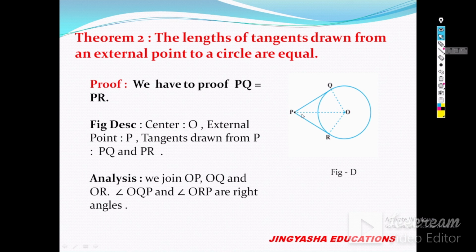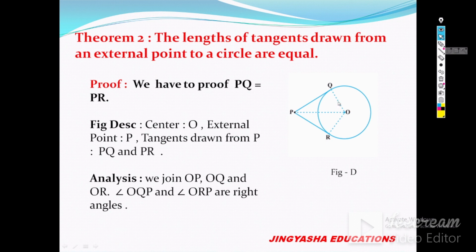Now to prove that PQ is equal to PR, we have to draw a few more lines. We will join the center with the point of contact at Q, and then join O with the point of contact at R, then join O with P. Now let's see. We have to prove PQ is equal to PR. For that, let's find whether triangles OQP and ORP are congruent or not. OQ and OR are both radii, so OQ is equal to OR. OP is a